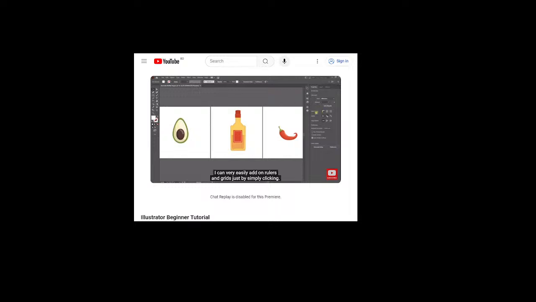I can very easily add on rulers and grids just by simply clicking, and then look at that. My ruler now just appeared, and now I'll be able to see, well, you know what? I don't really want to work in these units of measure, so I can go over here to inches. Notice how that changes. Let's change this to pixels. Great, fantastic. So now I'm able to see how I can work with my Properties panel on a much larger scale. And as we go through the program, as we go through more exercises, we'll be coming back to this